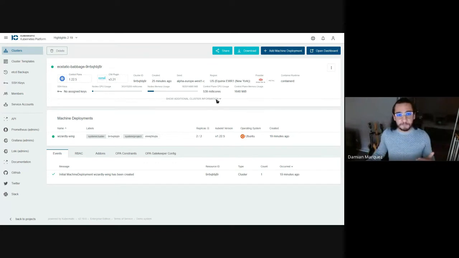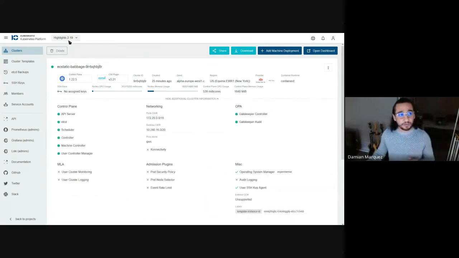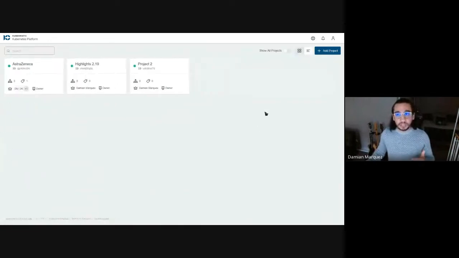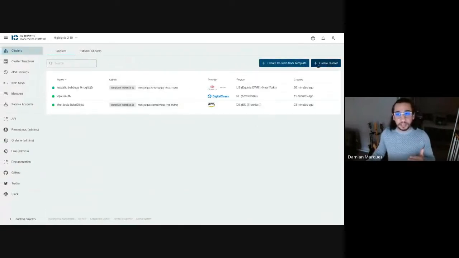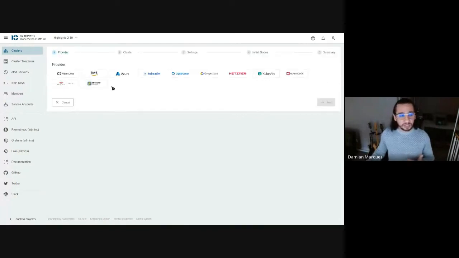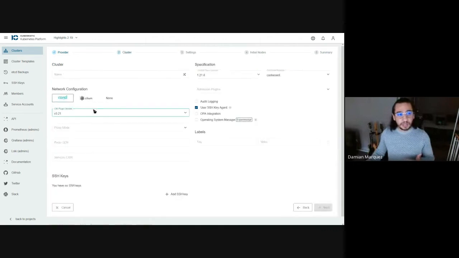As you see here, this is one of the clusters that I prepared for my highlights 2.19 video. You see here my control plane, and here you have the CNI plugin that I'm using. I'm using Canal version 3.21, but you can choose whatever you want. If I hit here on create a cluster, and again, I'm going to use Equinix as my showcase, here you